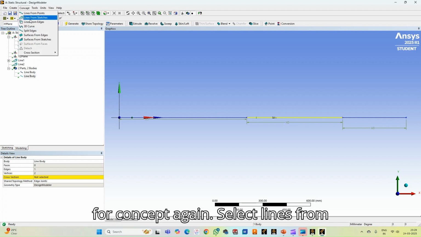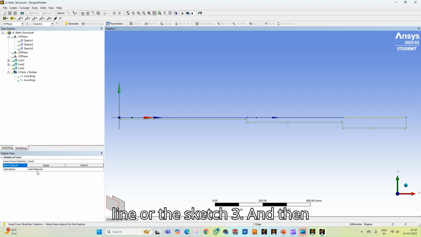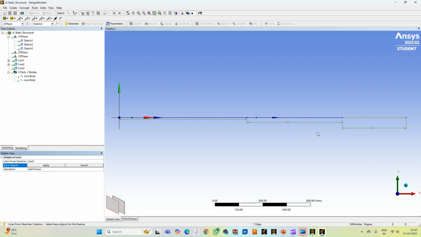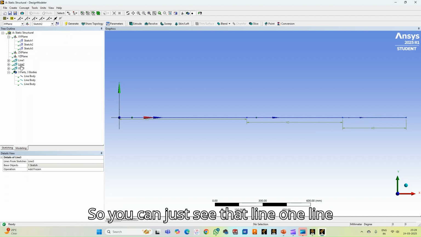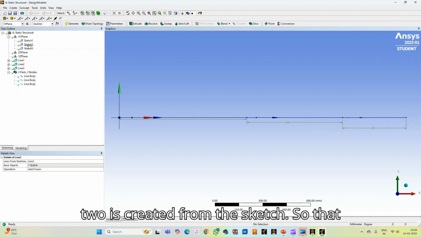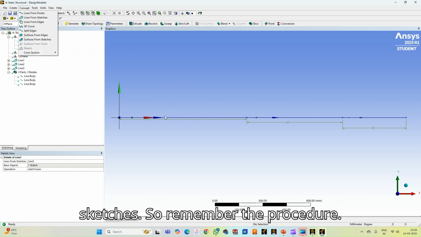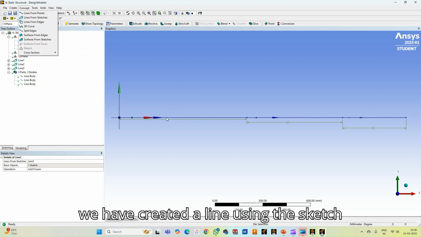Now let us go for concept again, select lines from sketches. So select this line or the sketch 3, and then here also select add frozen and click apply, click generate. So you can just see that line 1, line 2 is created from the sketch. So that is why I've used create line from sketches. So remember the procedure. First we have created the sketch and then we have created a line using the sketch